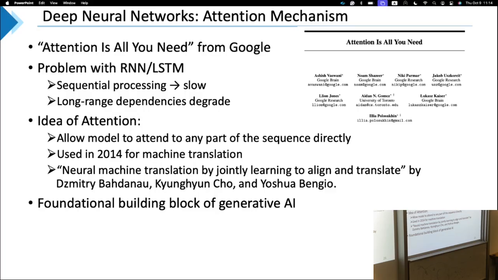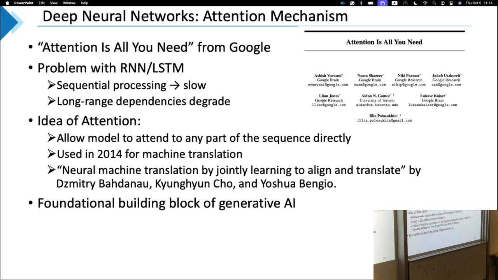The idea of attention is to allow the model to attend to any part of the sequence directly. Later in this module, we will keep key and value vectors for each position, or each token. When I say token, it means, for example, a word in a sentence. So it explicitly has different key and value